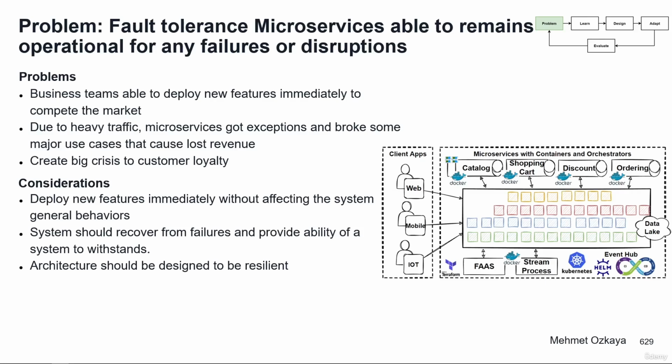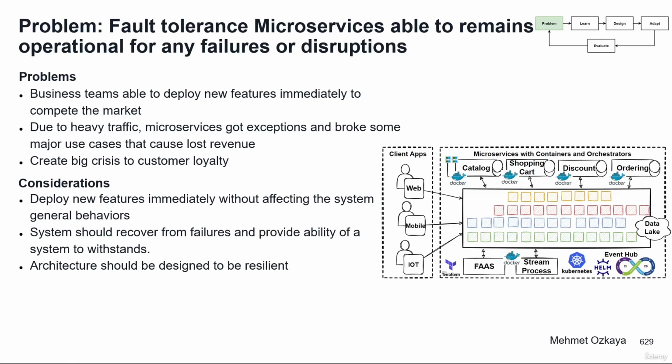This is important because microservices systems typically consist of many independent components that communicate with each other over network connections, and any issues with these components or connections can impact the whole system. So microservices should be able to withstand and recover from failures or disruptions such as server outages, network issues, or any transient errors. Microservices should be fault tolerant. So this is so important to ensure the system remains operational and available to users.